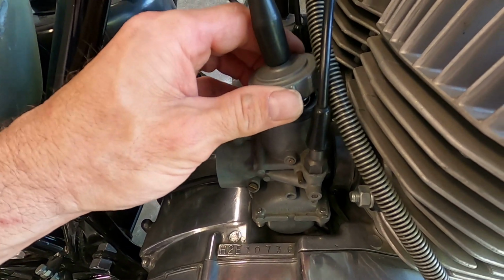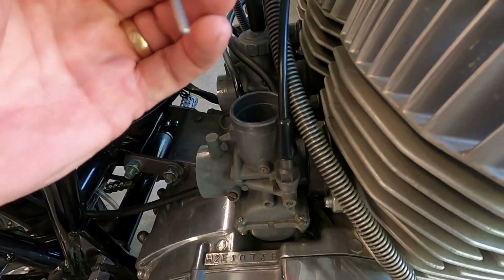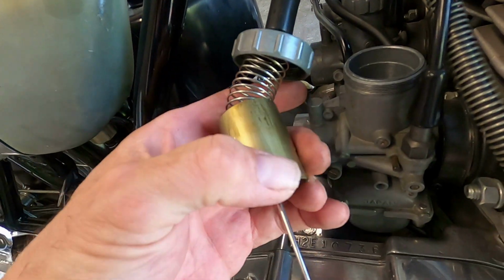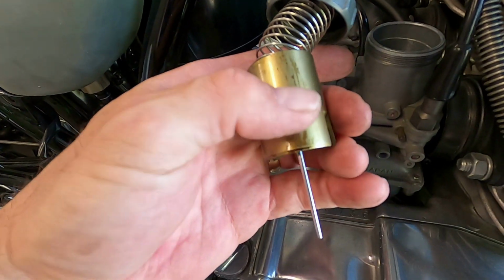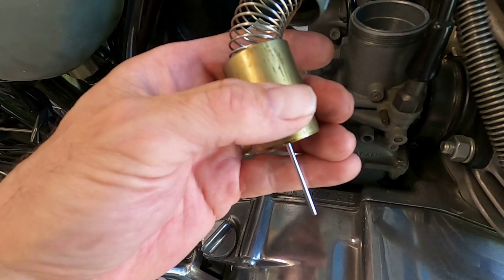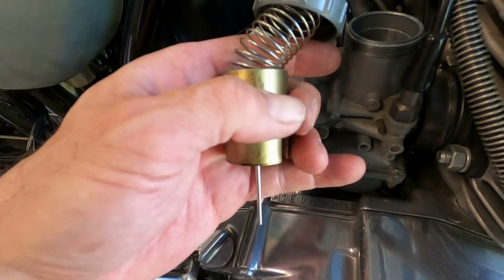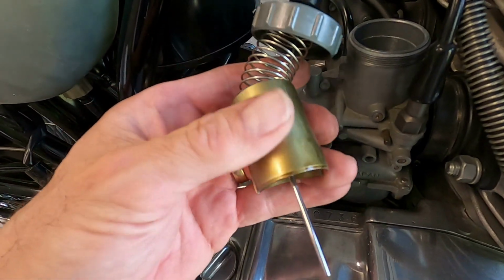You get it unscrewed, your slide pulls right up out of there. It's definitely sticking, so what I'm going to do is examine the slide for damage. And right here on the side of it, this is tacky, almost like sticky oil. So I'm guessing maybe blowback from the motor at one point or another. But I think I can just clean this up and drop it back in, and I could probably run it